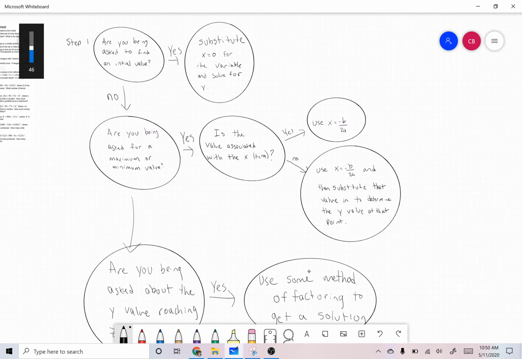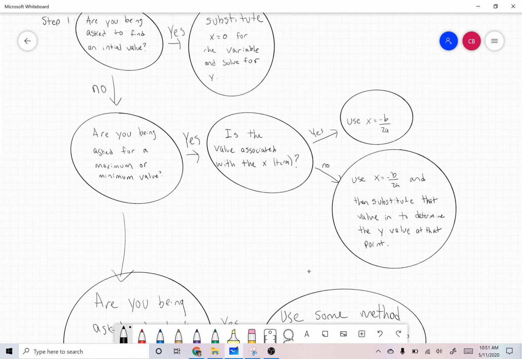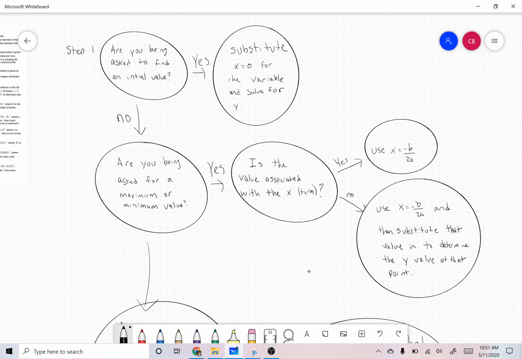Okay, so for the last video, I'm gonna kind of work you through deciding which method you need to use to solve these equations, because there's different avenues you can take. So I constructed a little flowchart to help you determine what you need to do depending on what the question's asking you. For step one, you're gonna ask yourself the question, are you being asked to find an initial value? If you are, then you're going to substitute in for the variable x is